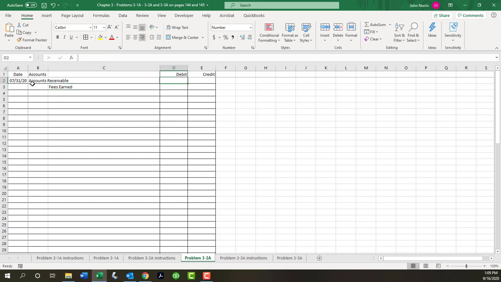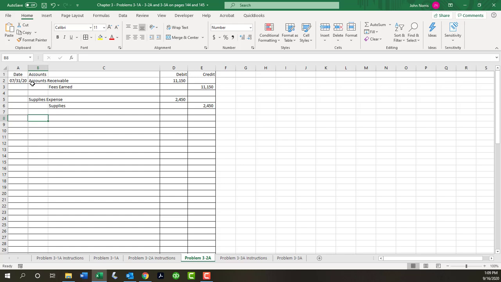And it gives us the amount at $11,150. Second one, supplies on hand at July 31st are $900. Supplies expense, and supplies. The balance in the supplies account is $3,350, and we have $900 left in that account for a required adjustment of